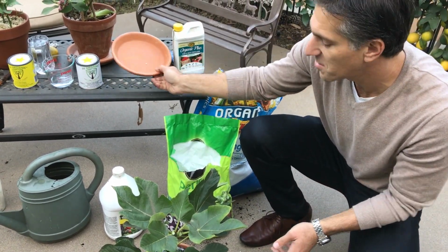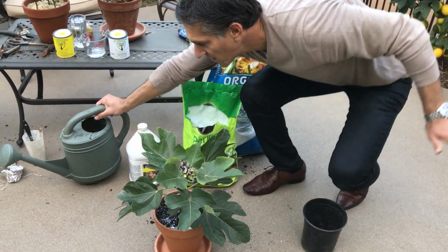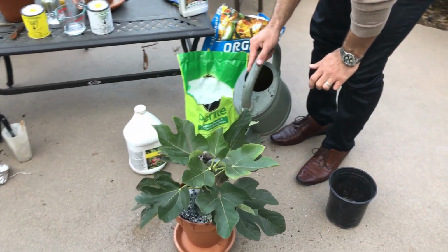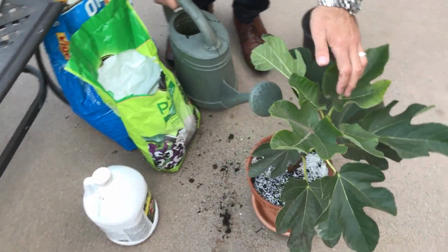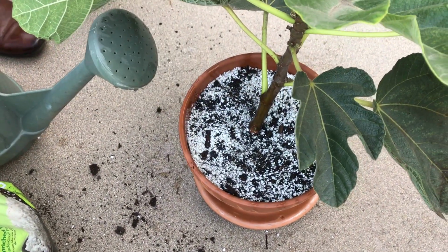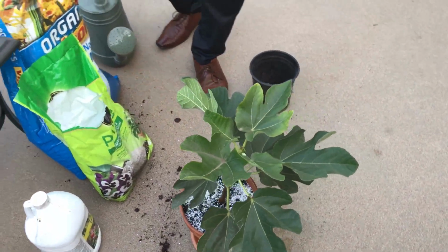And we can put our saucer underneath so we don't lose any of the minerals from this watering, and we can water it now. And if you want to take a look here, you can see how we're watering and how fast the water just runs down. We'll water it again. And watch how fast the water runs down and out of the container. We'll also stake the plant as well, just to make sure that it remains firm as the roots get established